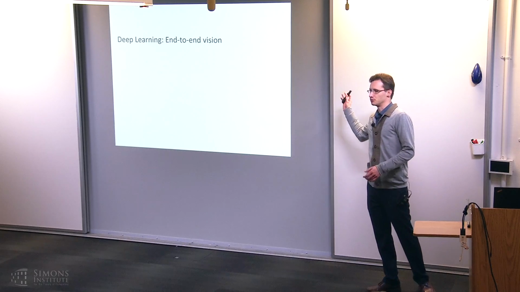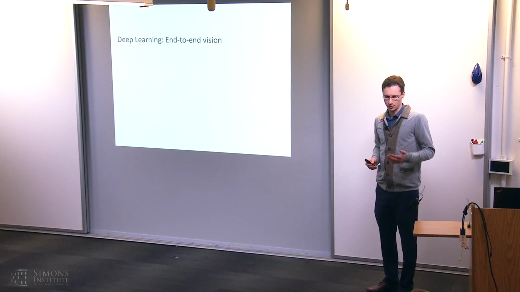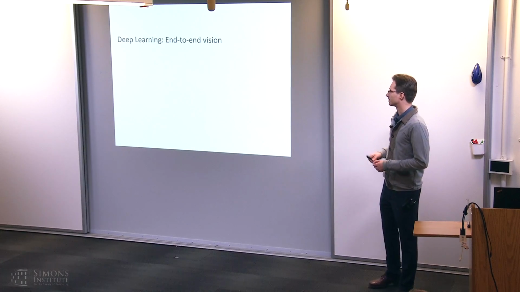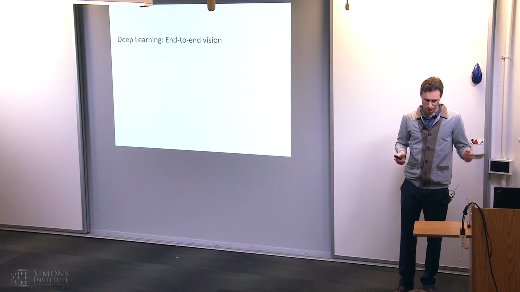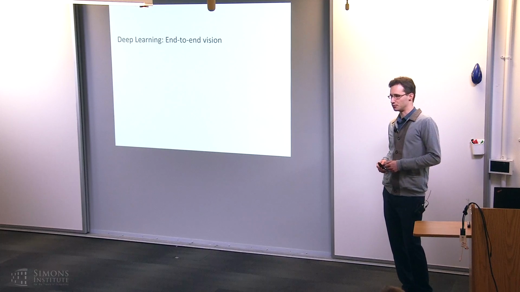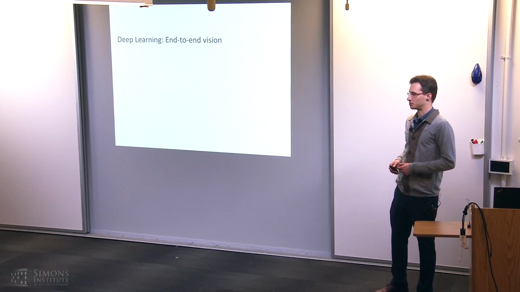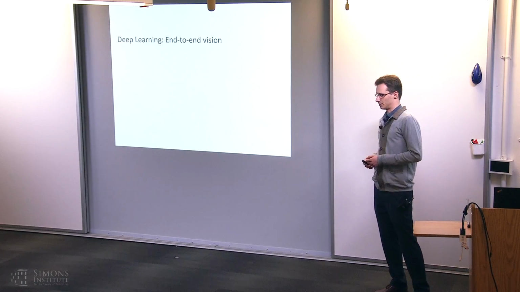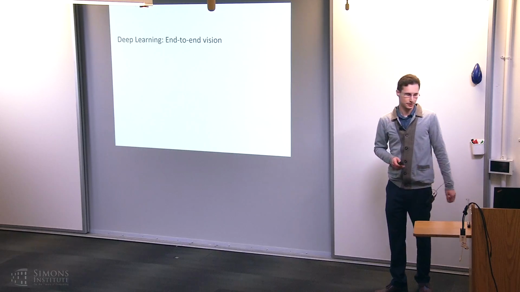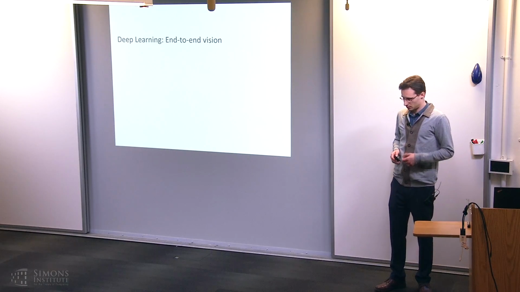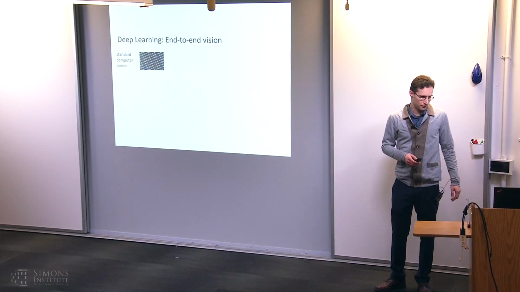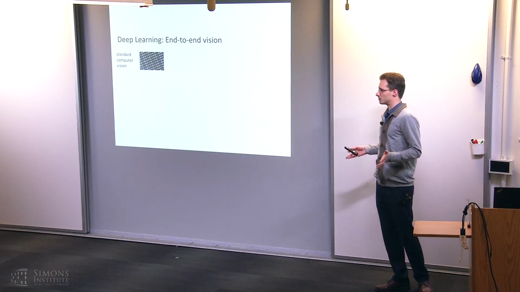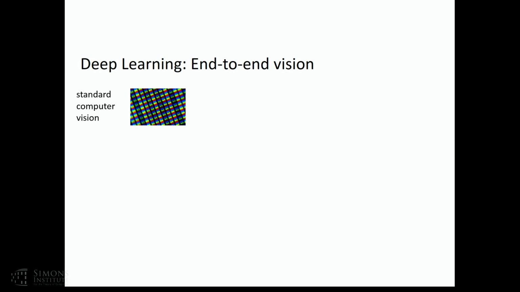A few days from now, you'll see a talk from Russ Salakhutdinov on deep learning, and some of you probably already know quite a bit about this topic. We've seen, for example, in domains like computer vision or other passive perception domains, that deep learning methods have made a really big impact in recent years. And one way we can look at what the benefit of these methods has been is as follows. If you think about the state of computer vision maybe 5-10 years ago, the way people typically thought about vision would look something like this.